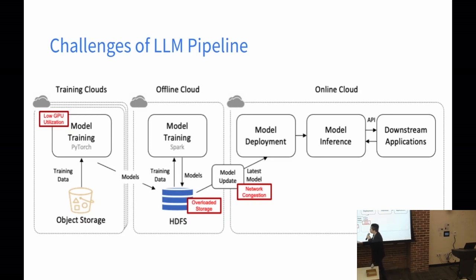For the training on the very left, they are mostly using GPUs as the training compute power, so they suffer from GPU utilization. There can be multiple reasons, but one of them is the data loading. If the GPU is waiting for data loading, you may see low GPU utilization.